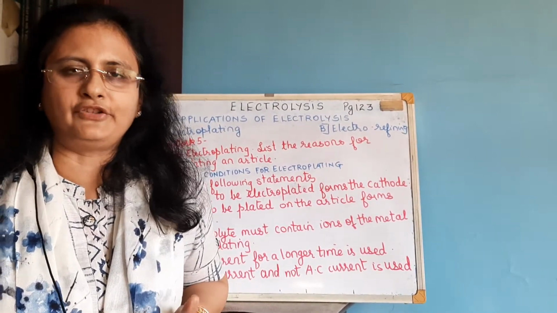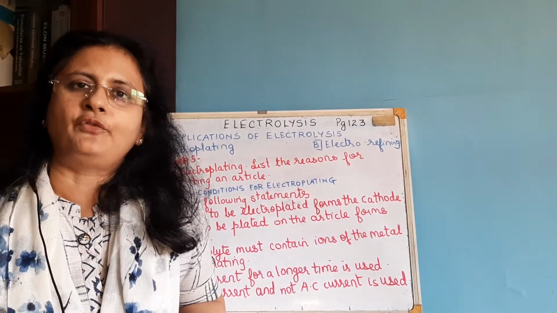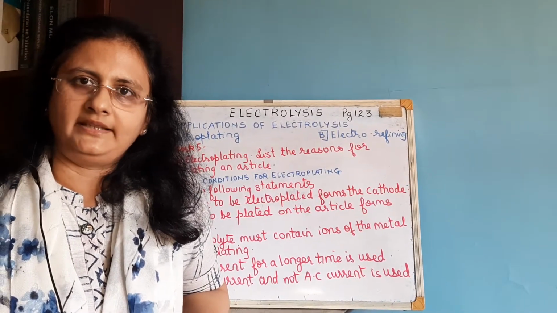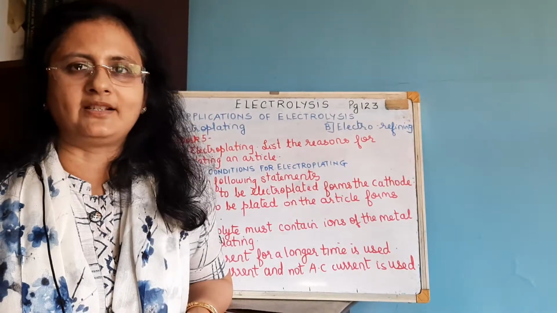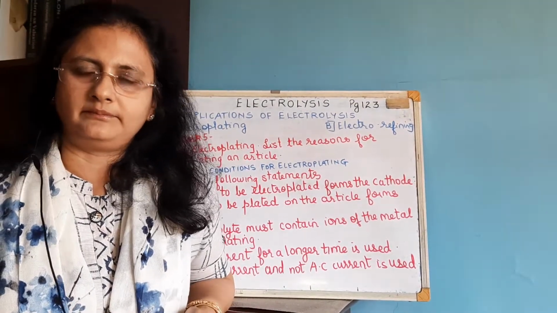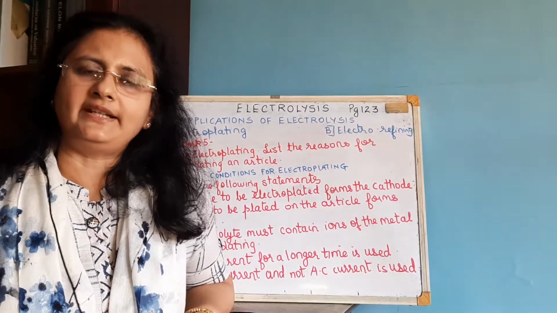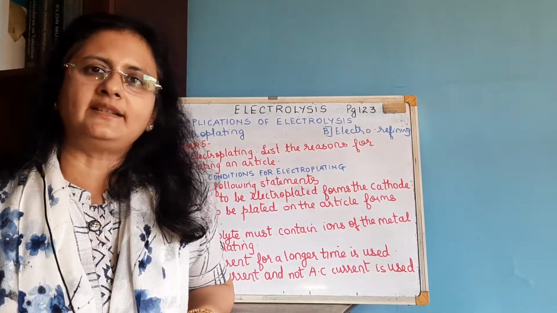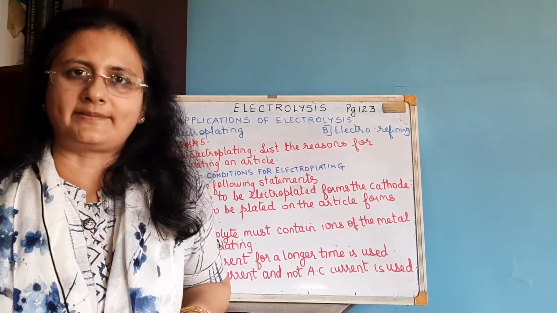Okay, so that is the definition of electroplating. The process of electrolytic deposition of a superior metal such as gold, platinum, silver, nickel, etc. on the surface of a baser metal like iron, brass or copper. Now why is electroplating generally done? One is to prevent rusting or corrosion, and second is to enhance the aesthetic appeal of the object, to make it look more expensive.